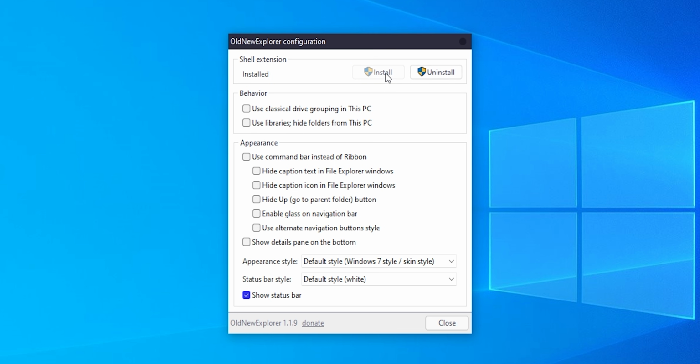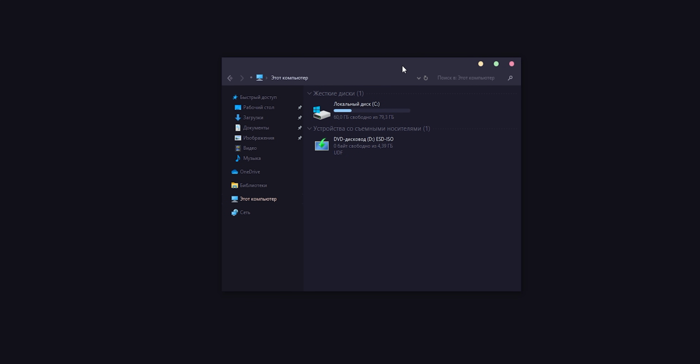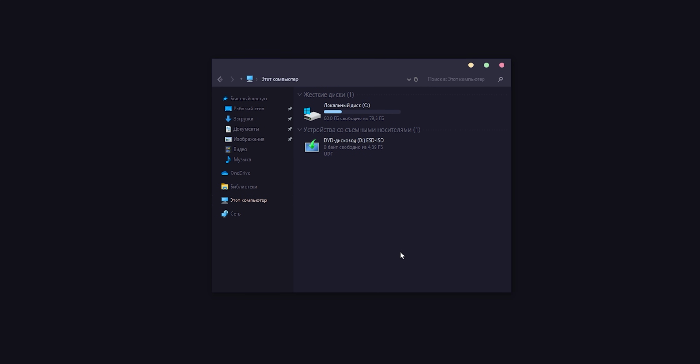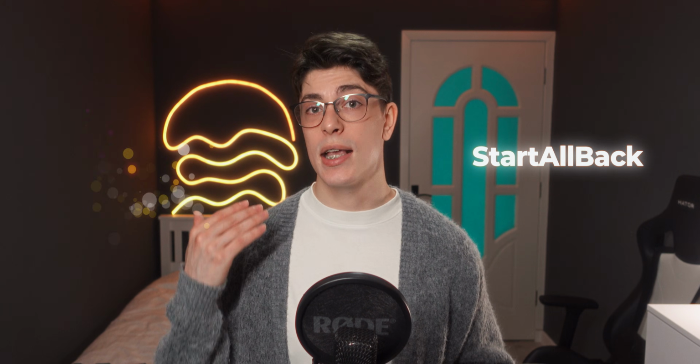Often you just need to click Install and set the required checkboxes, those specified by the author in the theme archive. This way, unnecessary elements in the Explorer will disappear, and the appearance will become similar to the author's preview. On Windows 11 you'll need different software, either the paid StartAllBack or the free ExplorerPatcher. The choice, I think, is obvious.